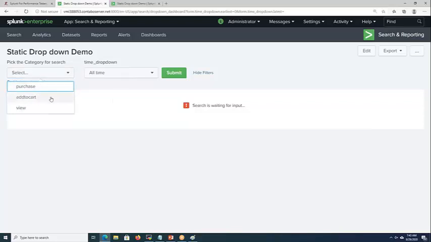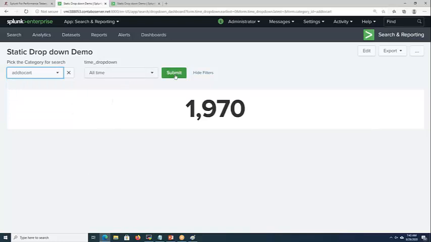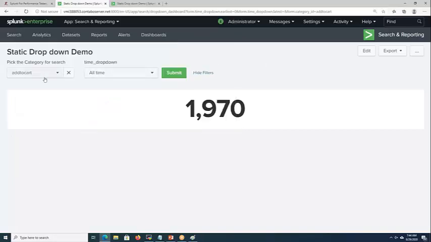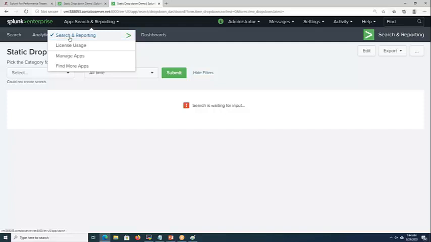So if I want to see how many add to cart happened, if I click submit, I'm getting it. So I will be teaching how to create these drop downs and these time pickers. Time picker is something where we can get the last 24 days or 4 days or 60 minutes, or all time or today. See, automatically it is fetching us the data. Okay, and there is one more thing which I want to show you.